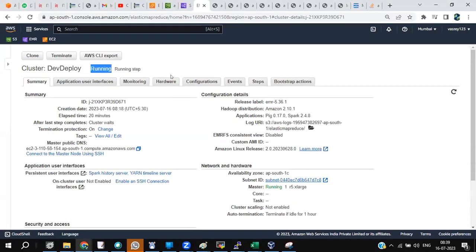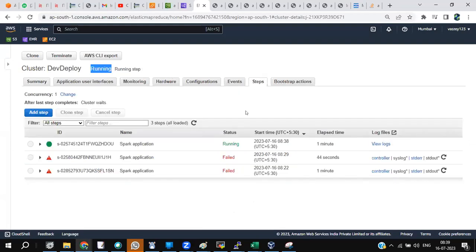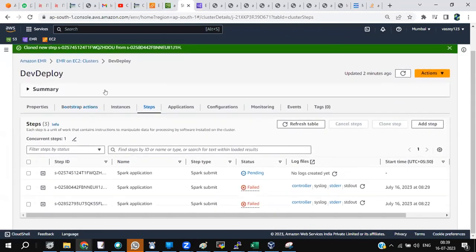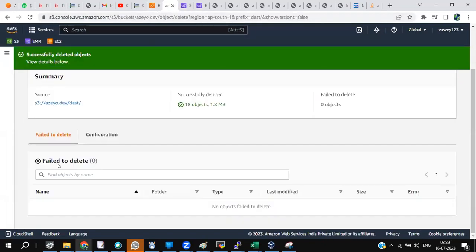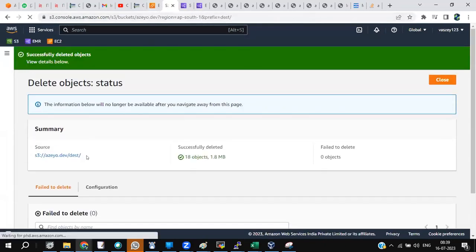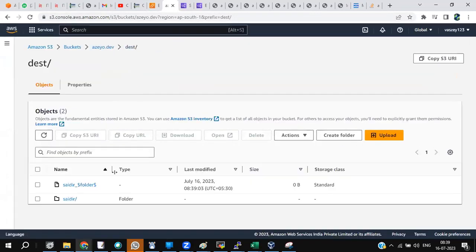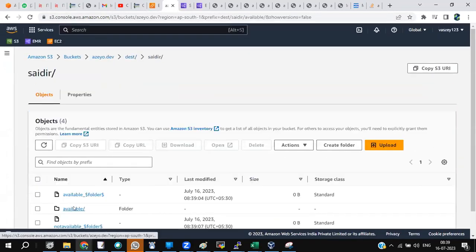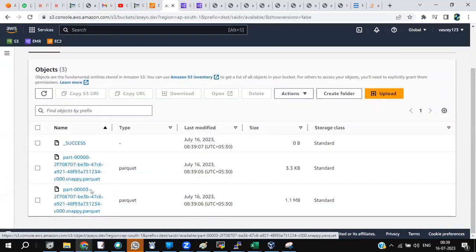Can you see that on my screen? Yes, sir. Running state. It's a running state. Can it fail? Let's see. Failed, but it is working. That's okay.